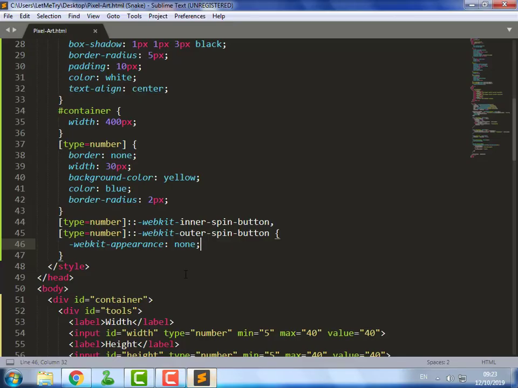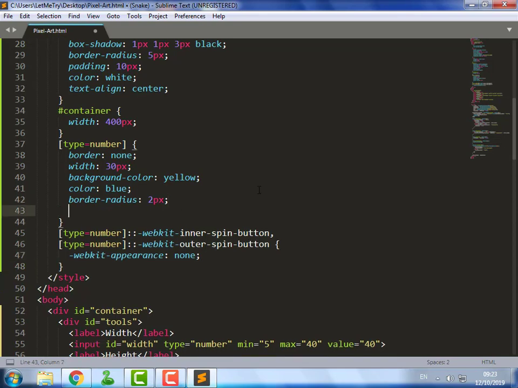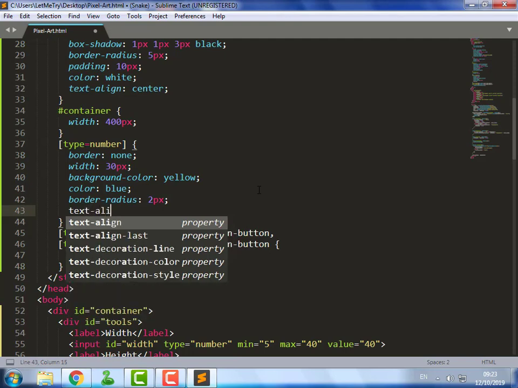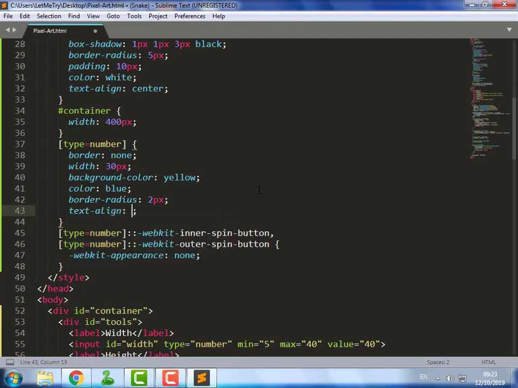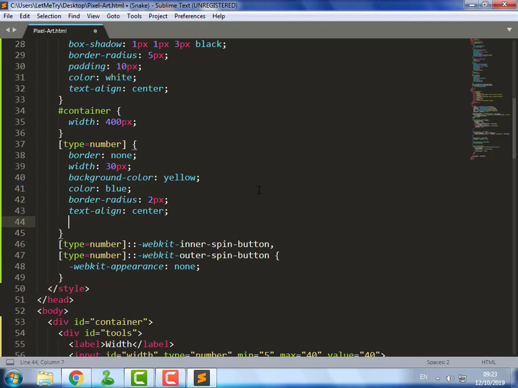So now no increment or decrement behavior. Just write the number and press enter. Center the number and some sans serif font like Calibri.